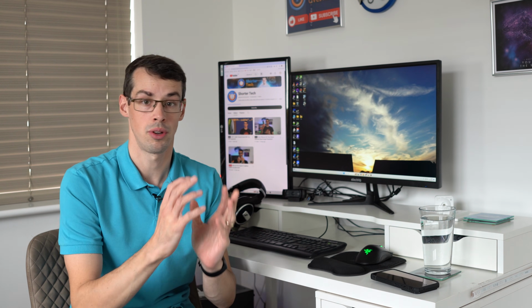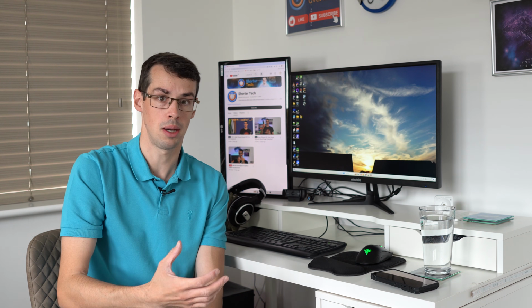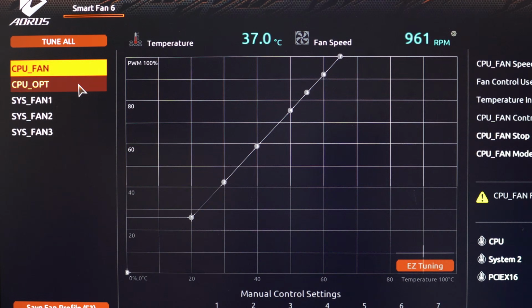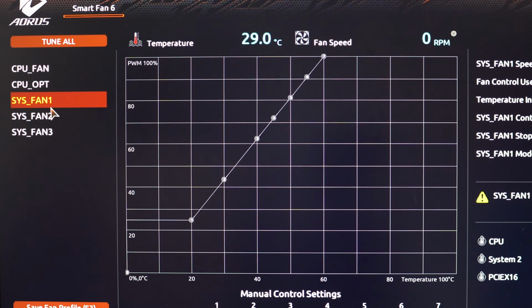Hello, a month ago I upgraded my workstation computer to have a Gigabyte motherboard, and in general that works really well. However, I noticed my computer was a lot noisier, especially when booted up before my third-party fan control software actually kicked in. And that's because by default, Gigabyte motherboards have quite a harsh fan curve, but thankfully most, but not all, Gigabyte motherboards actually have a setting in the BIOS that allows you to change the fan curves, and